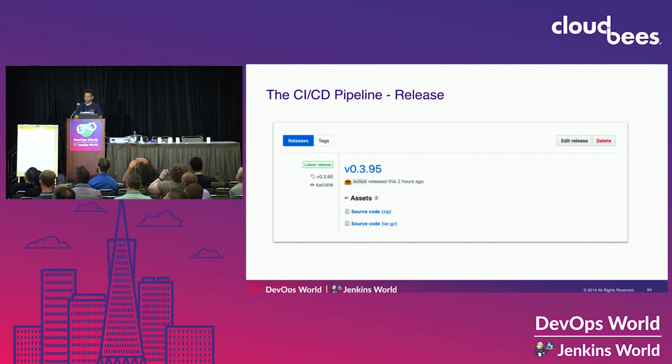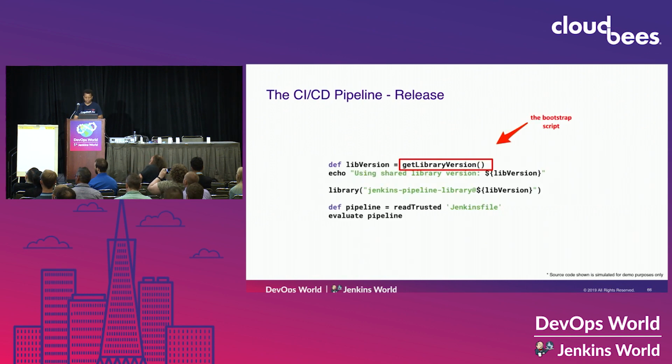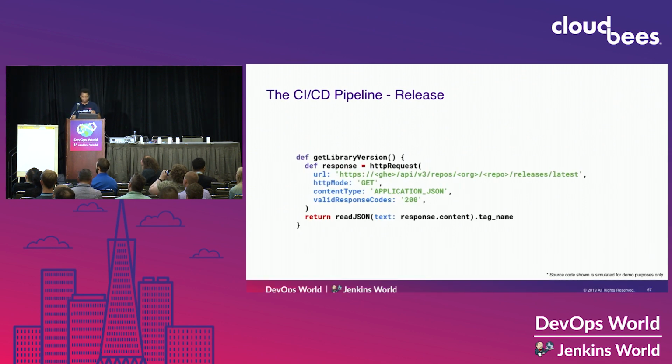And when we create a GitHub release, it creates a marker that says, hey, this was released. This is a tag that's associated with that release. And if we need to find a tag associated with that release, we can make a simple GitHub API call. And so going back to our Bootstrap script, if we want to find what the latest version is, we have this Git library version, our custom function that we wrote. And basically, it's going to call GitHub API and say, hey, tell me what's the tag associated with that latest